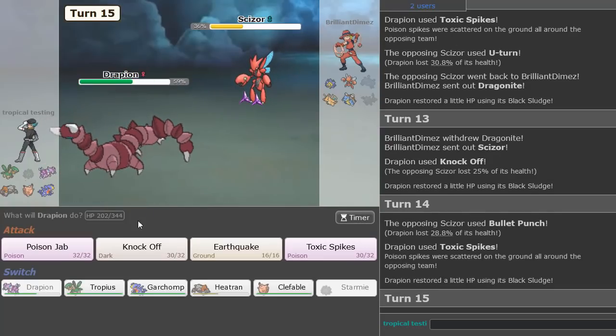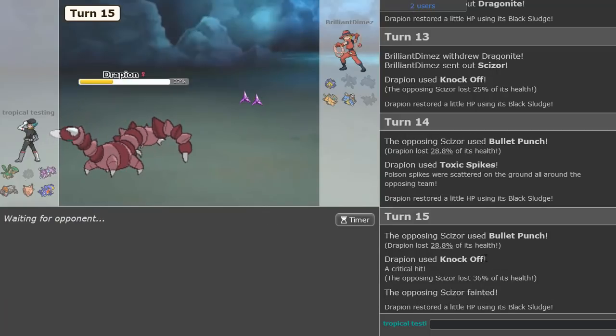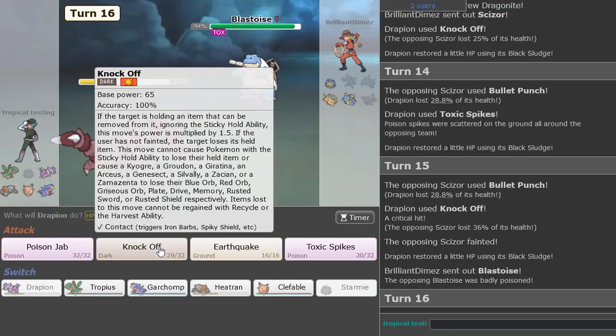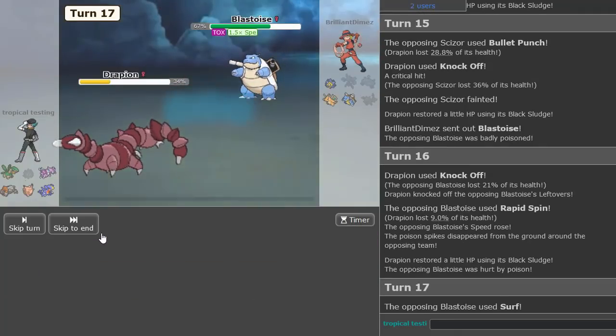So he Bullet Punches, but he's not locked in, of course. Gonna just Knock Off here and get rid of this Pokemon. And that is gone, unfortunately, with the crit, but either way, looking good. So this thing still has its Leftovers. I'm gonna Knock Off this too. He'll Rapid Spin, but I can just, I think...